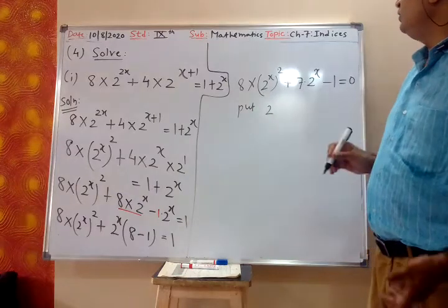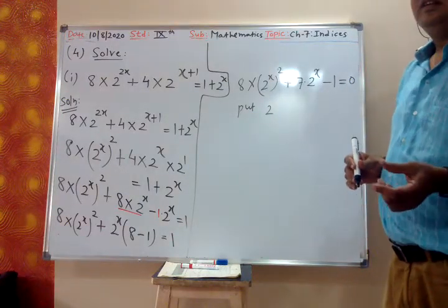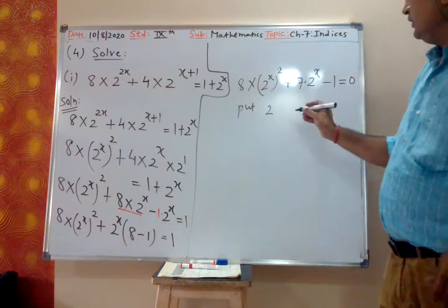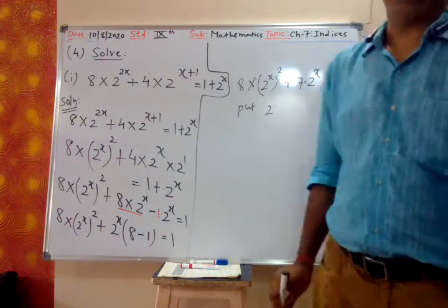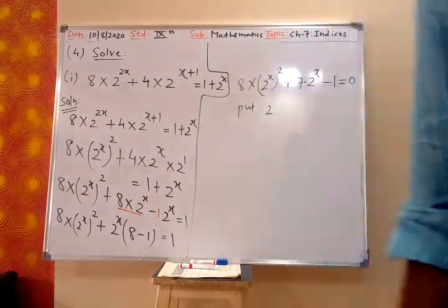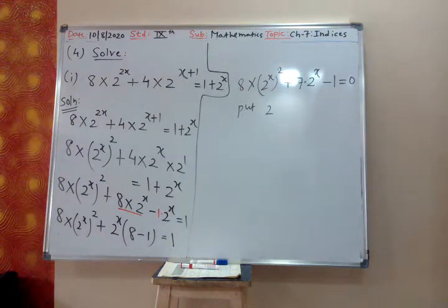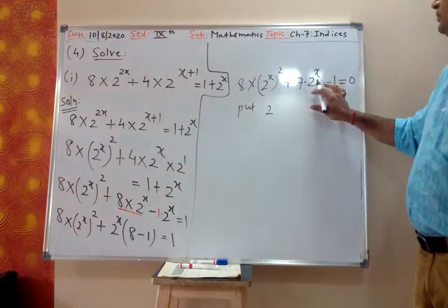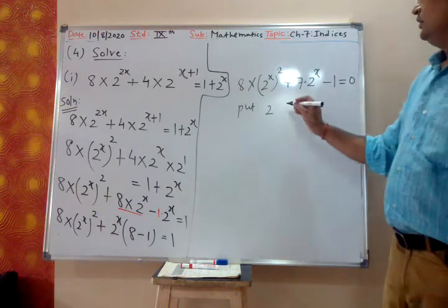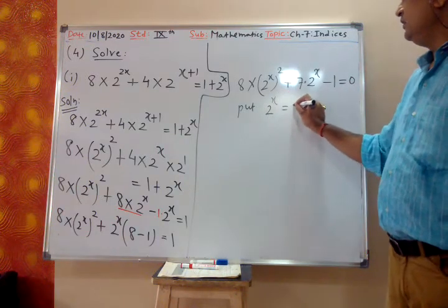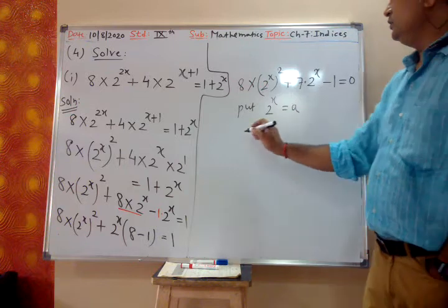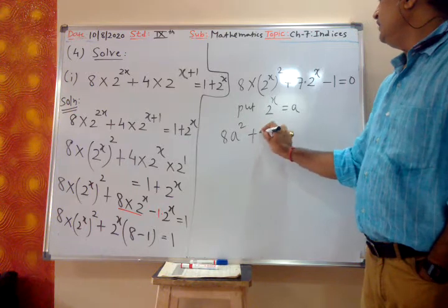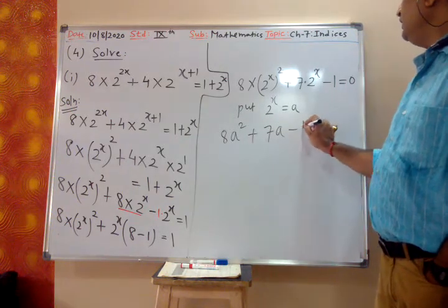My dear, 2 raised to x and 7 you cannot multiply, because this is in 2 raised to x exponent form and this is number 7. Now I will put 2 raised to x as a. So this becomes 8a square plus 7a minus 1 is equal to 0,